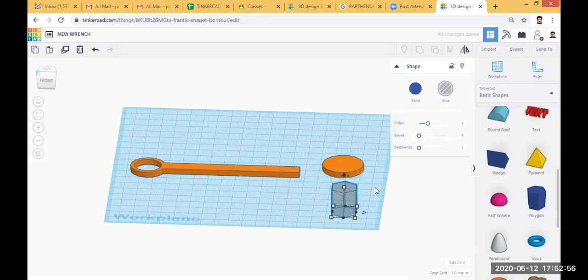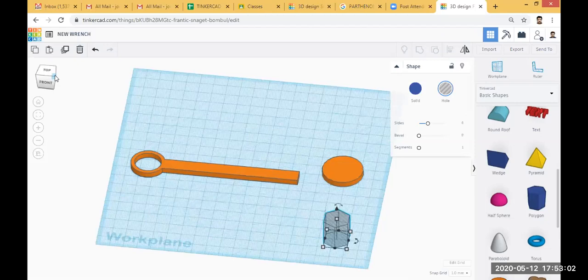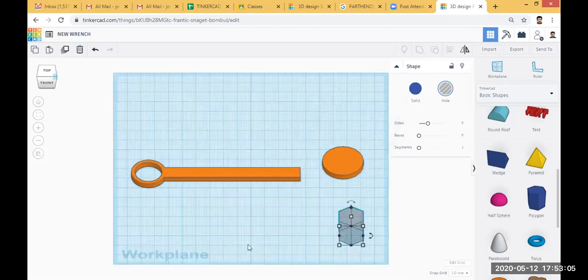If you want to change the dimension, say the width is 15, tab, say 32. I have changed the dimensions.